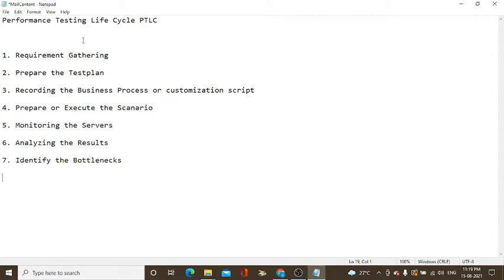Okay. From the project point of view, first you need to get the requirement. The requirement has two types. One is a newly developed application. Second one is an already live application. For a newly developed application, you need to find out 3 points majorly: most usable transactions, most revenue generated, most critical transactions. Based on that, you need to get the most important business flows and you need to record the remaining flows, everything.